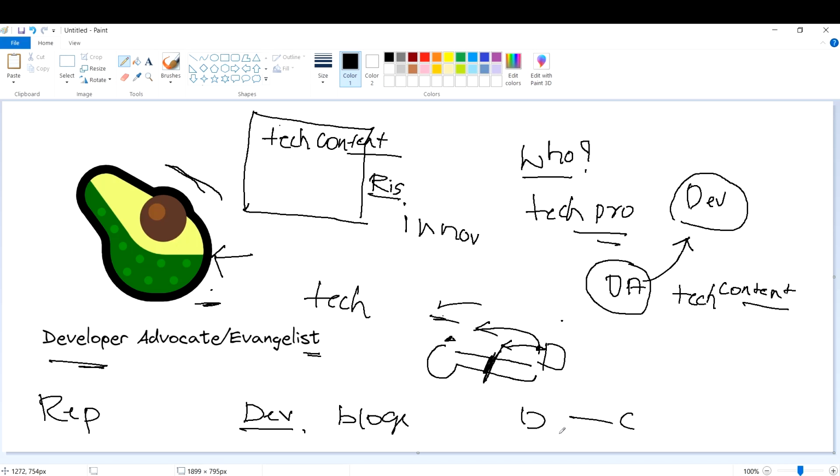Now, you might ask me why developer advocates are important for any organization. What is the role? How are they impacting the company and the developers? We spoke about this. They build relationships between the developers and the company. They act as a bridge. They educate and inspire other developers. They gather feedback and advocate for developers. Overall, I would say the developer advocate plays a crucial role in establishing a positive relationship between the technology company and the developer community, which can lead to increased adoption, loyalty, and advocacy.